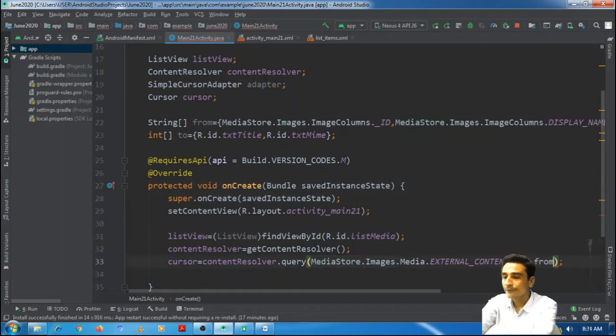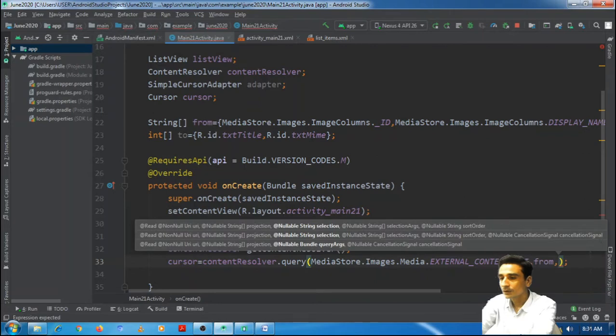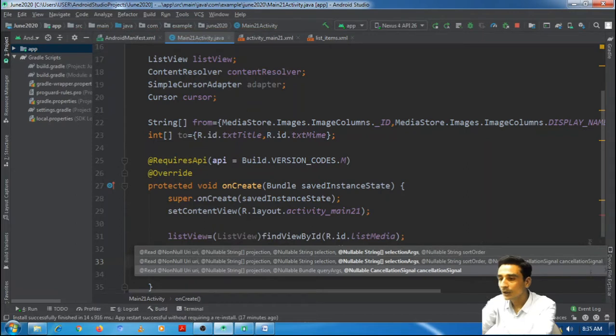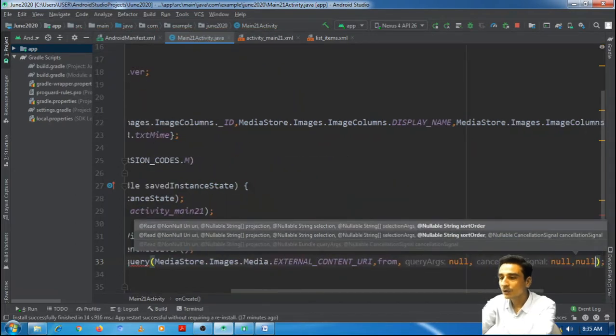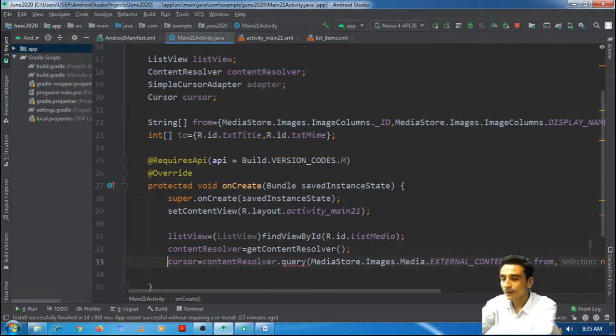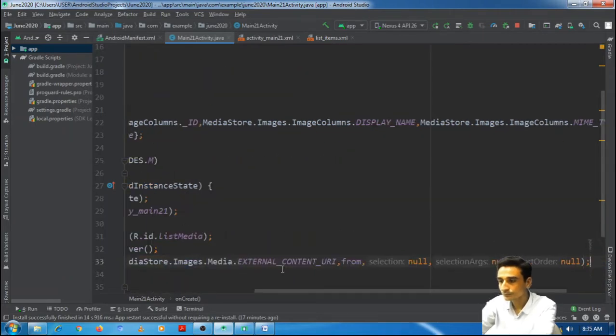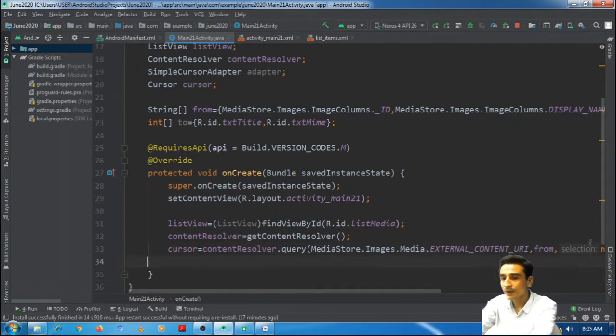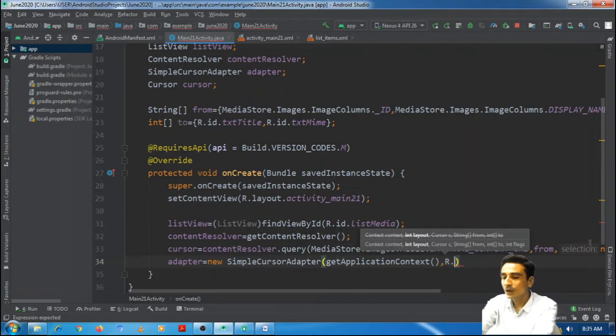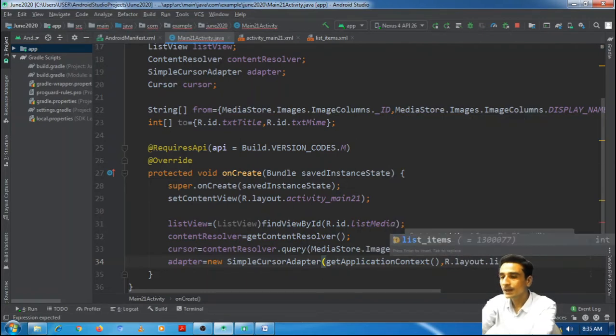Now, sorry, it will be columns projection, from, then selection criteria null, then also null, and the sorting order also null. Now once this cursor is retrieved, we will define a SimpleCursorAdapter object equal to new SimpleCursorAdapter, getApplicationContext. Then the second argument will be the layout, R.layout.list_items.